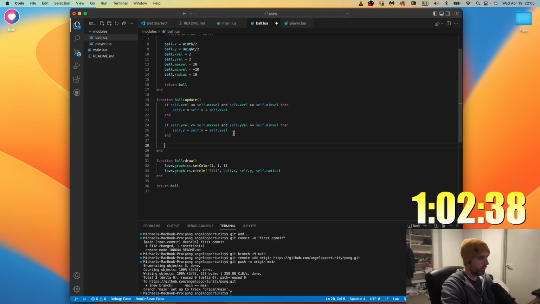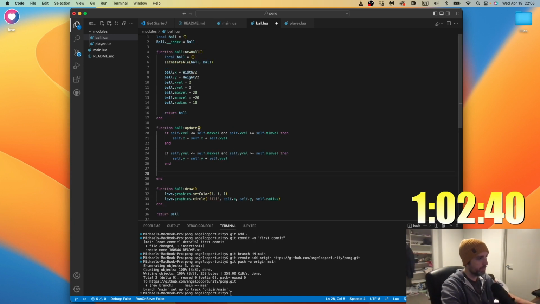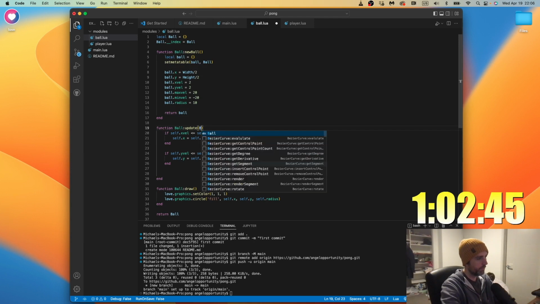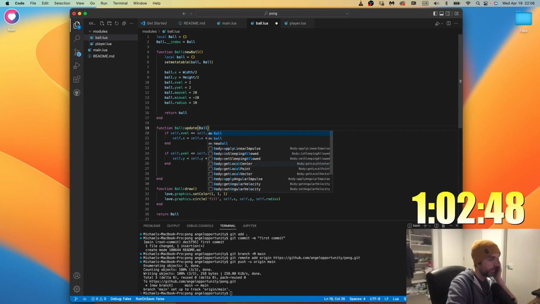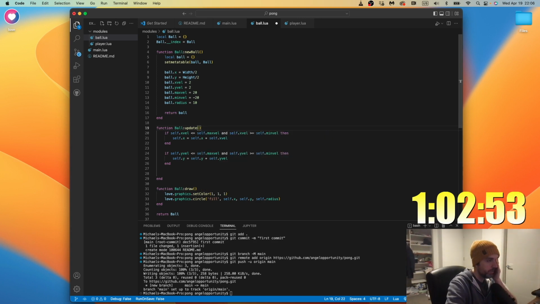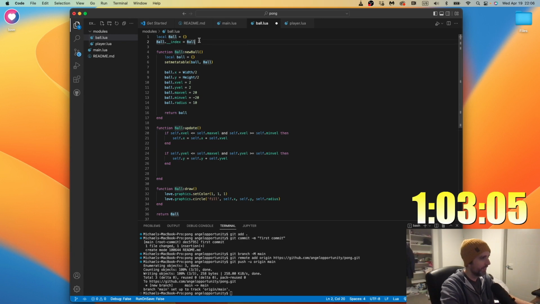So I think what we need to do here is say update. This argument needs to be both paddles. This is why I was thinking the index needed to go, or not both balls, both paddles. This is why I wanted it to index player, but I think that's unnecessary.